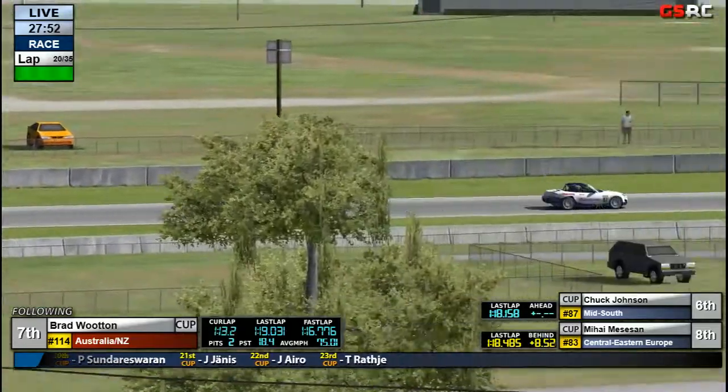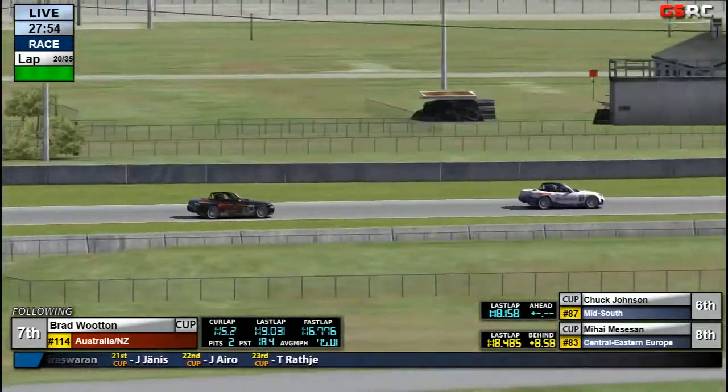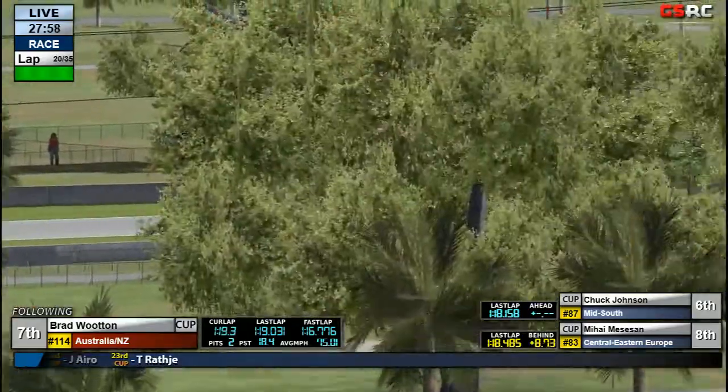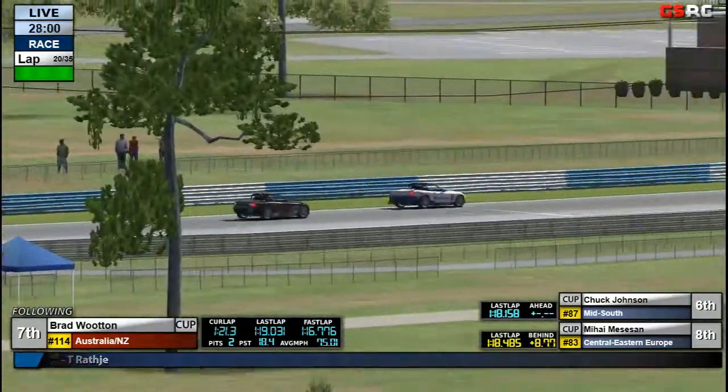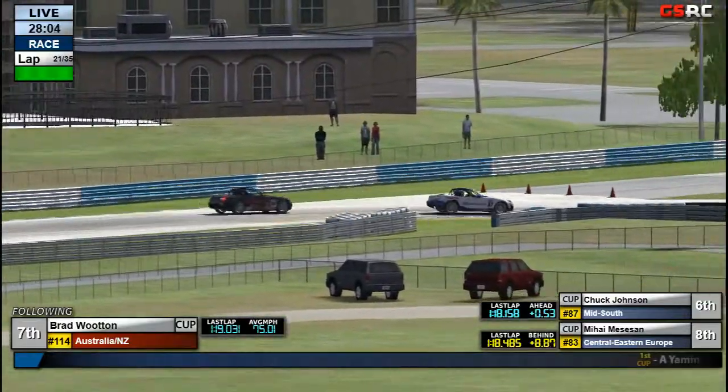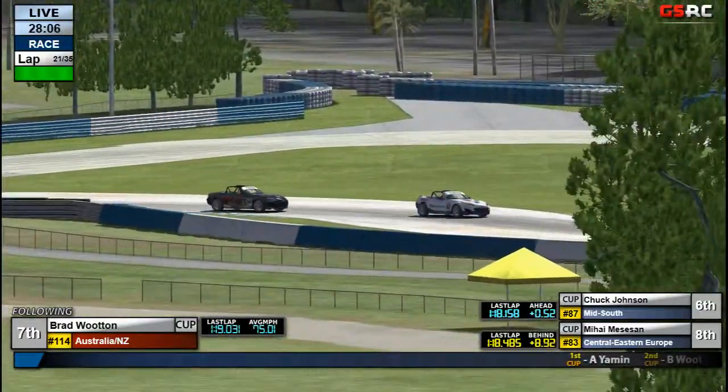Let's see if he's going to charge into the pits now. I would expect him to do so, but it doesn't look like it. He's playing it to one of those very, very late pit stops, Bill. Yeah, the scoring and timing is a little crazy with pit stops here at this track with